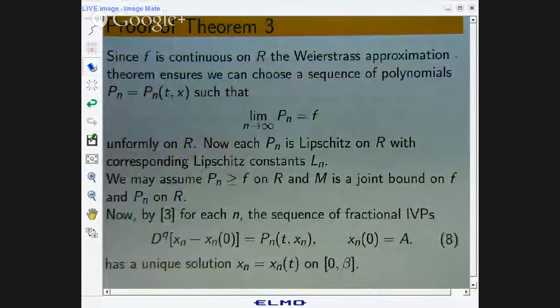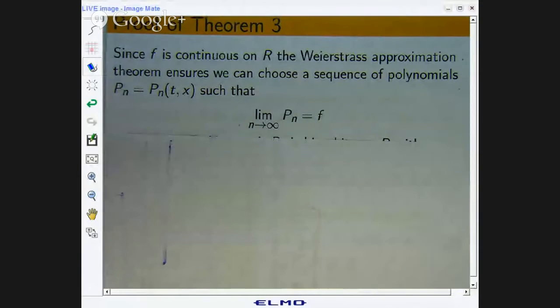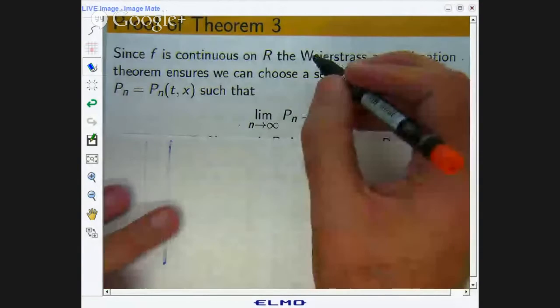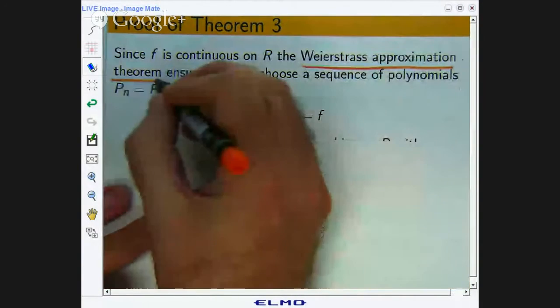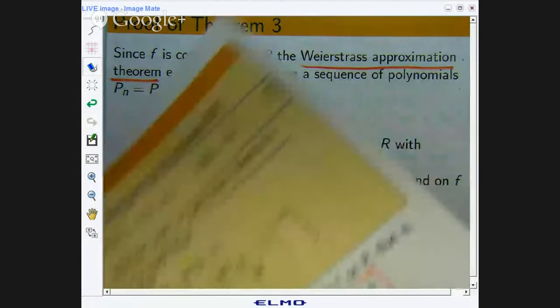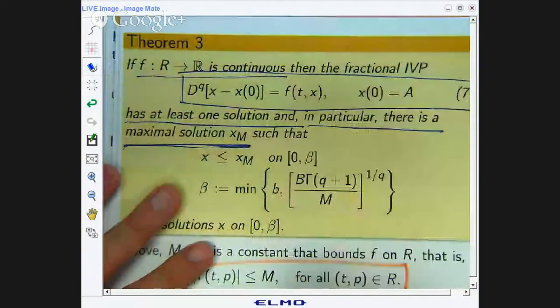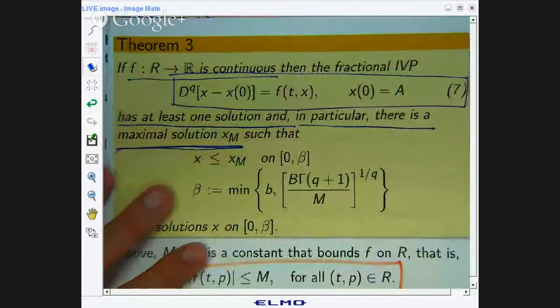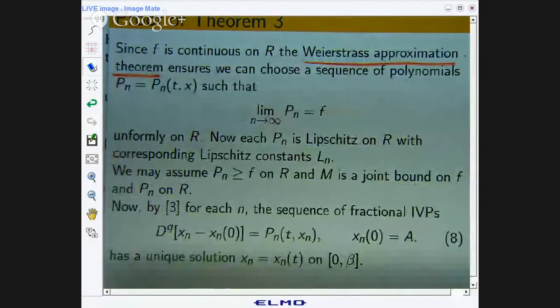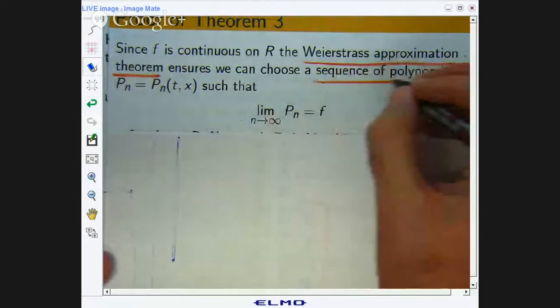All right, so that's the main result. Let's talk about the proof. So what we're going to do is use the idea of an approximation of polynomials. I am going to replace this problem with a sequence of problems where f is approximated by polynomials. Okay? And in particular, there is a theorem